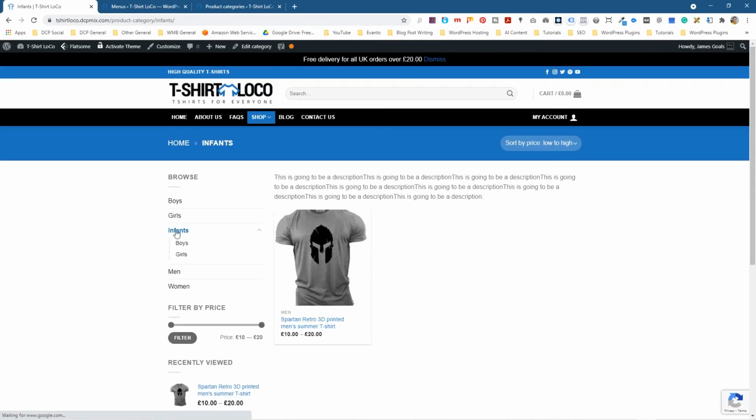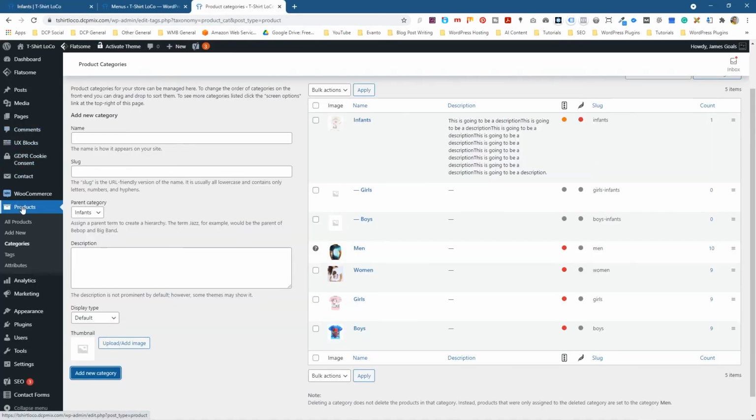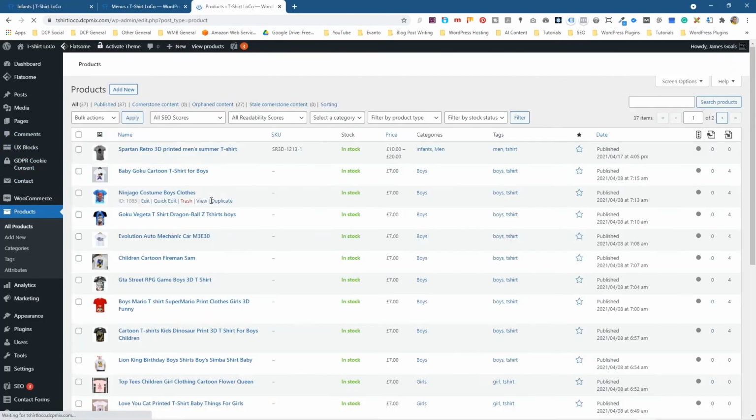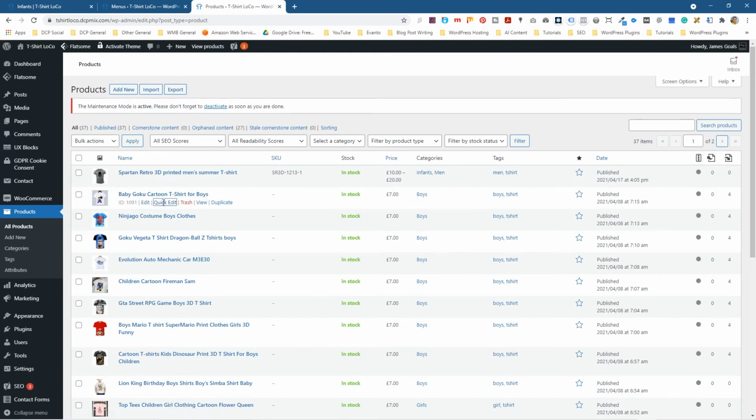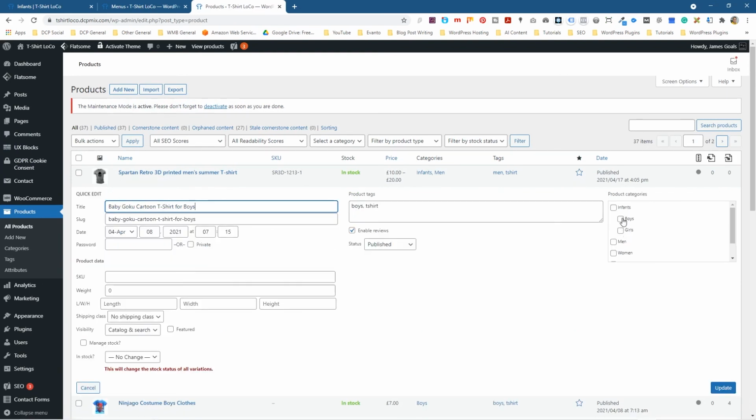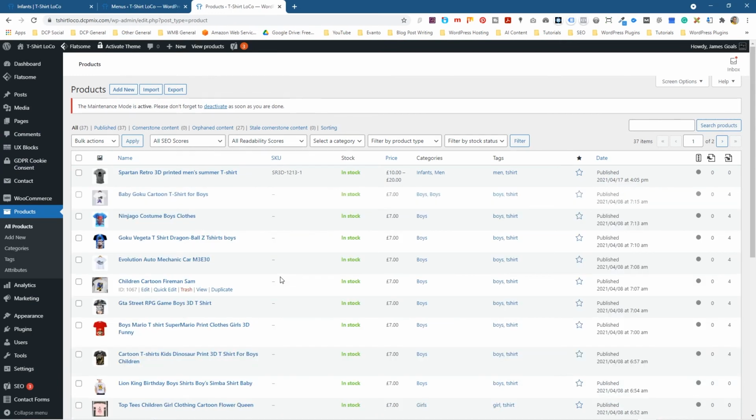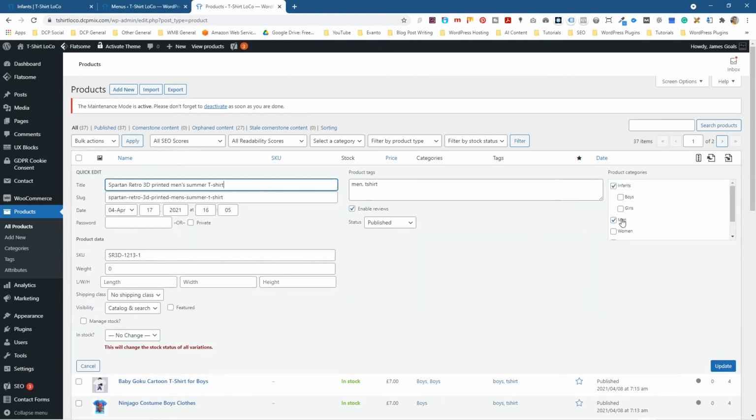This is the master category. When you click on it, it will expand like this, and you can see the sub elements underneath. If we just go back to our products, just as an example, and we'll quick edit this one, you can see you can add them to subcategories. So we can add them both here. Well, actually, let's add this one to boys only, and then this top one, we'll quick edit, and we'll remove it from infants, and we'll add it to girls, yeah, here,